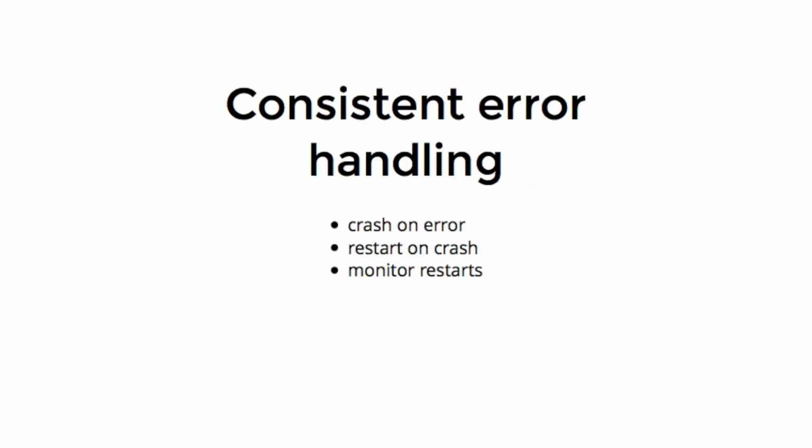And speaking of that, we have developed really strong opinions about how error handling should work. If your service doesn't know what to do, if it gets into a corner that you weren't expecting, if the programmer was like, this can never happen, your program should crash. That is what it should do. And it shouldn't just crash and your whole service should go down. A parent process should be watching it for crashes and restarting it as soon as it crashes, because that is the best kind of recovery.